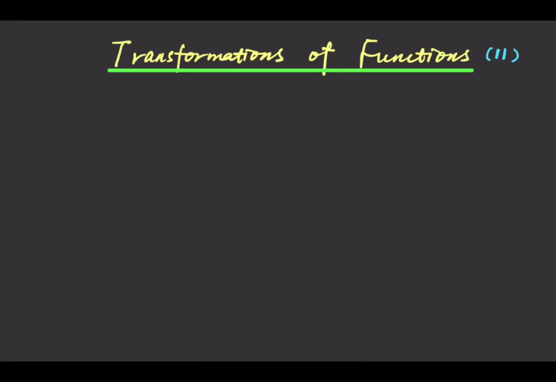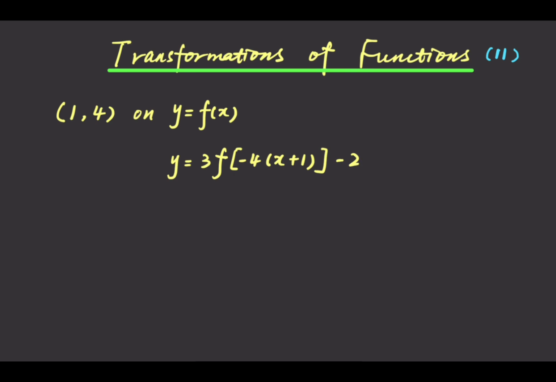If you know the point (-1, 4) on the original function y equals f(x), you want to figure out the corresponding image point on the transformed function y equals 3f(-4x + 1) minus 2. That is to say, you want to figure out this image point on the transformed function. According to the previous knowledge, the first step is to figure out